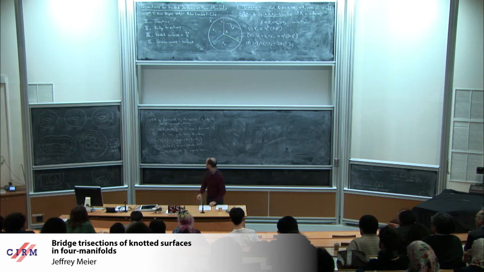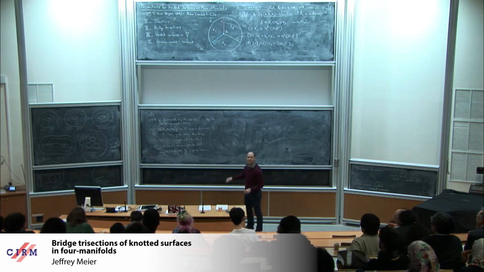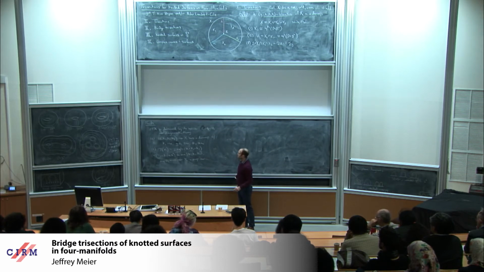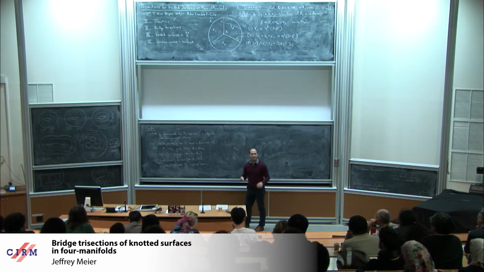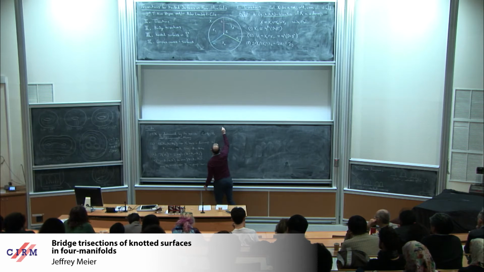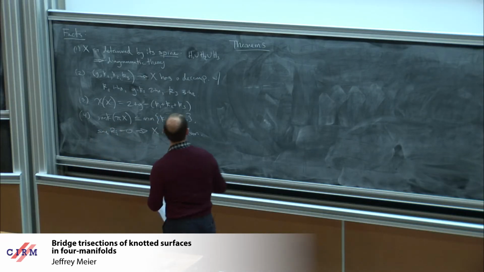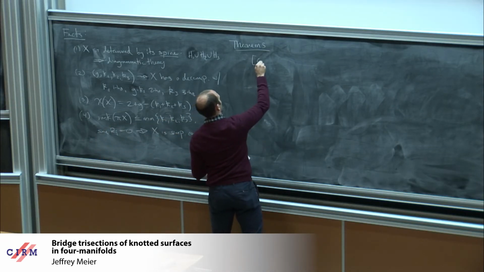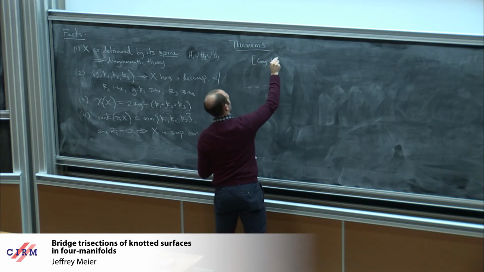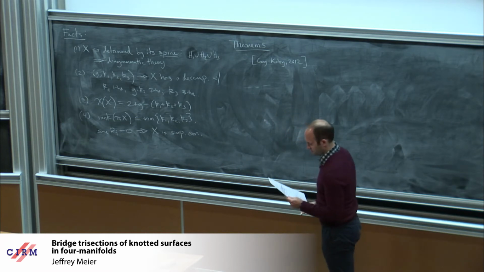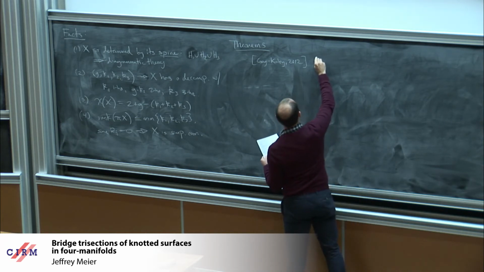So that's some basic facts, and you should feel free to think about why these might be true. None of these are particularly difficult, and they're good to think about. So along the lines of more difficult things, we have some theorems. Of course, the first is the theorem of Gay and Kirby. That's the classical result from 2012 about trisections, which is that